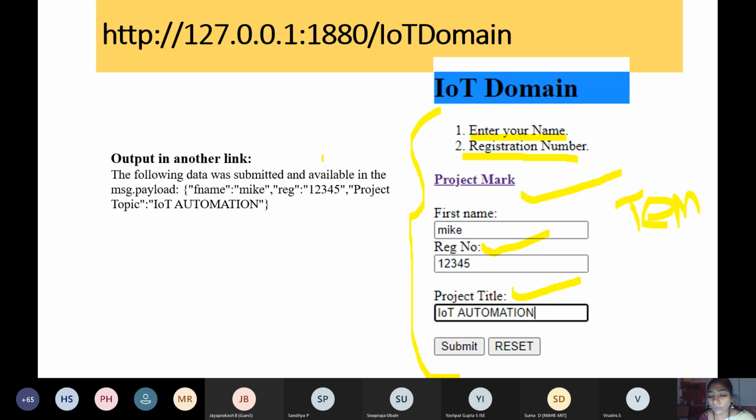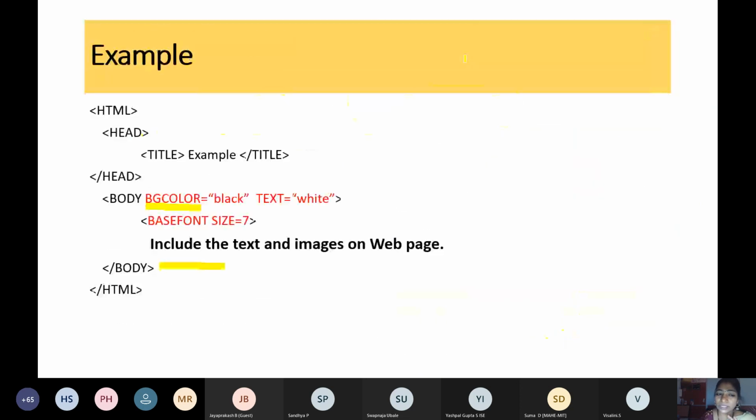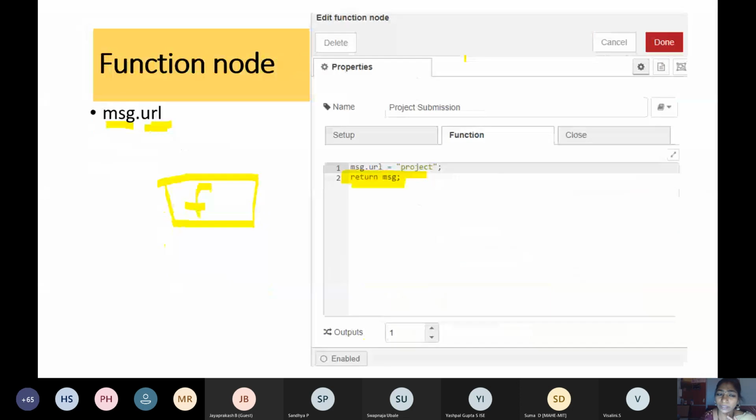So now what we need to do is open a browser and give the local path followed by /IoT domain. This was the name which we would have given when we designed the HTTP in node of our login form. So /IoT domain.